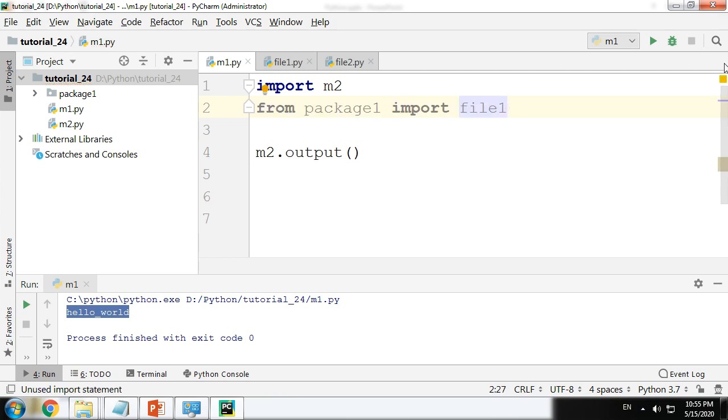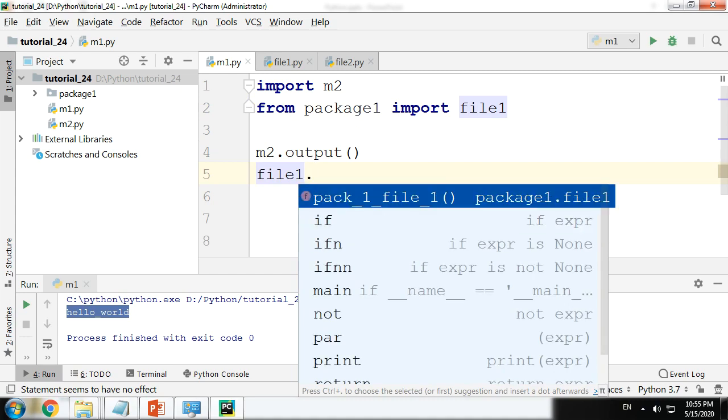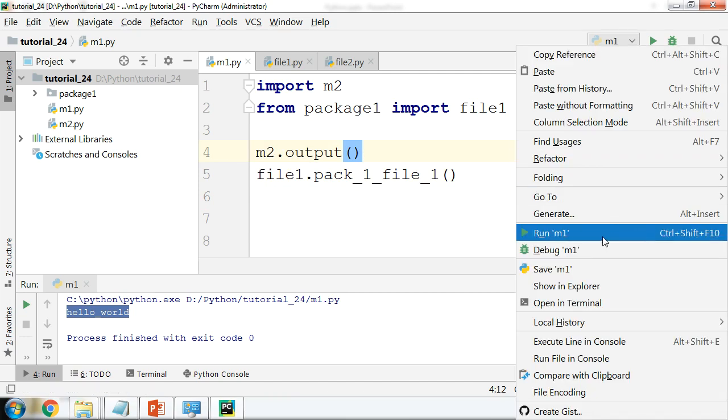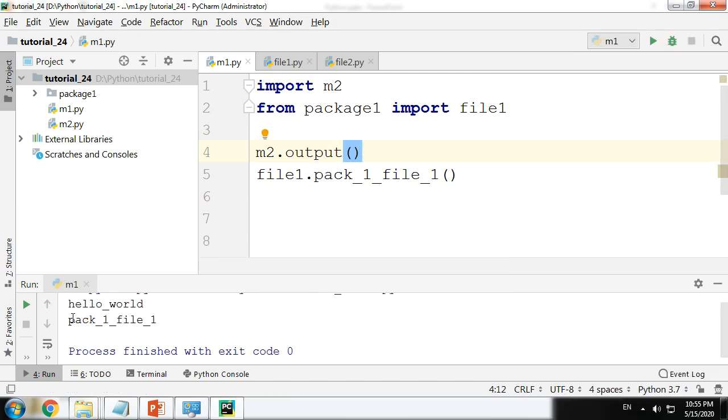So let me import file 1. If I type file 1 and I do a dot here, I will be able to see the functions within file 1, same as this. And if I run it, as you can see, that particular function was executed.